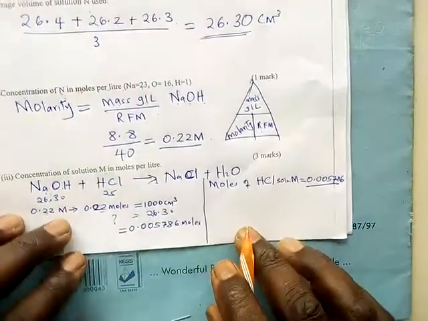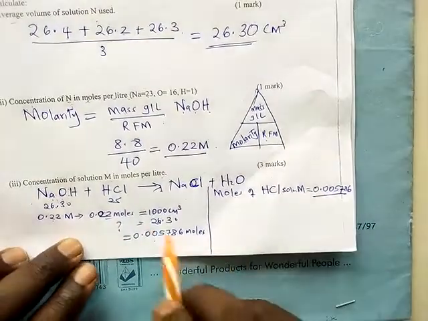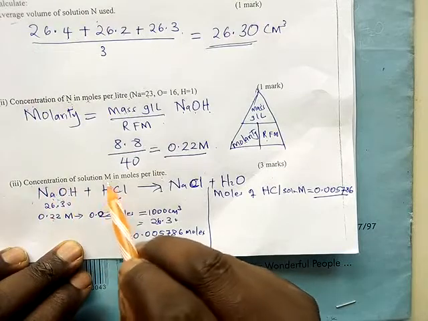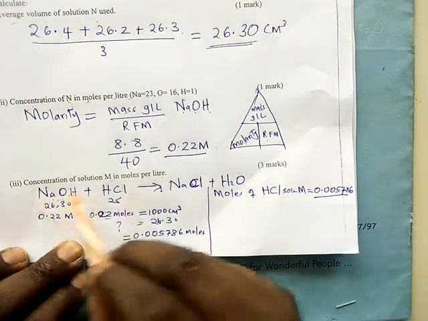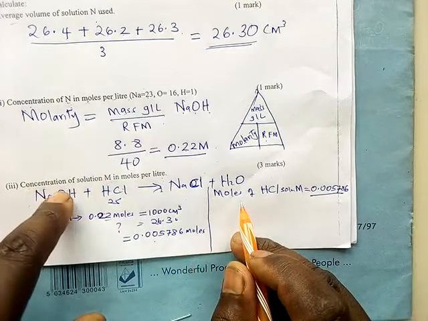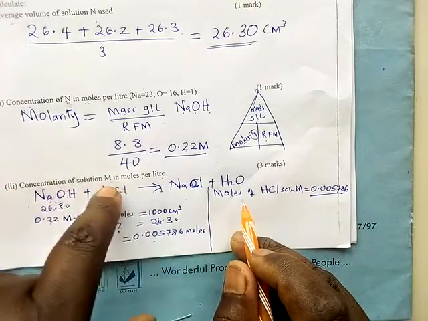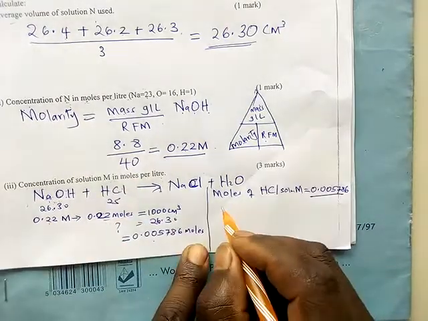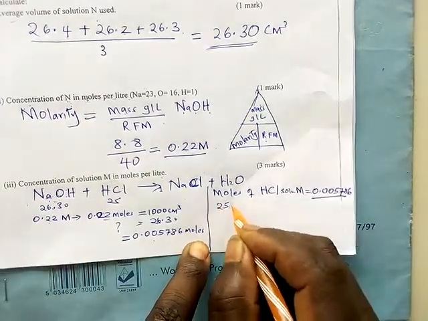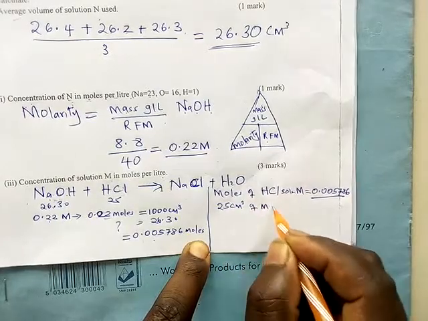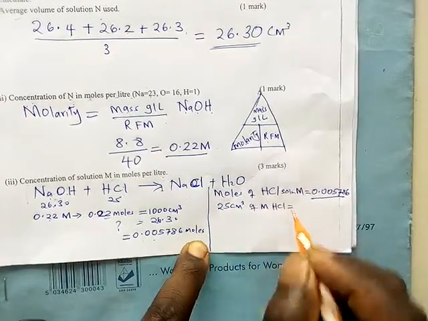sawa. And I have explained why, because the ratio is 1:1. Tukishajua moles ya sodium hydroxide tutajua hii automatically because the ratio is 1:1. But the question was asking us to calculate the concentration in what? In moles per liter. So this is moles in 25 centimeters cube of solution M ambayo ni HCl iko na